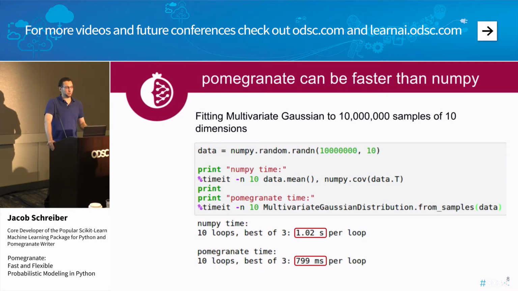At this point, you may be wondering, but wait, doesn't NumPy use BLAS internally, which, for those who don't know, is essentially just computational magic to make things go fast? This is true. NumPy does use BLAS, but so does Pomegranate. And in fact, Pomegranate uses the Cython bindings to BLAS, and so you don't have to convert back and forth between the Cython layer and the Python layer in order to get this computational magic working. In addition, Pomegranate calculates the mean and the covariance matrix in a more efficient manner than NumPy does.